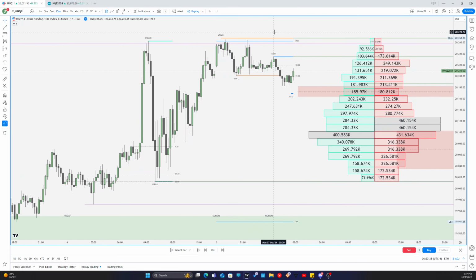So looking at the chart now and also having this volume profile, I see that the largest transactions, the largest volume was around here. That in itself gives me an idea that if